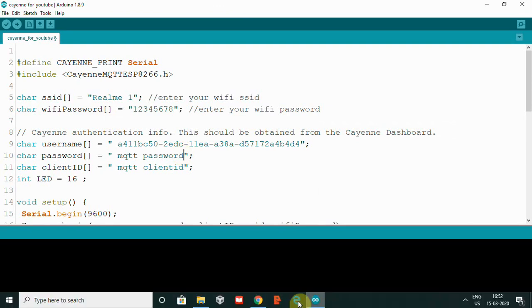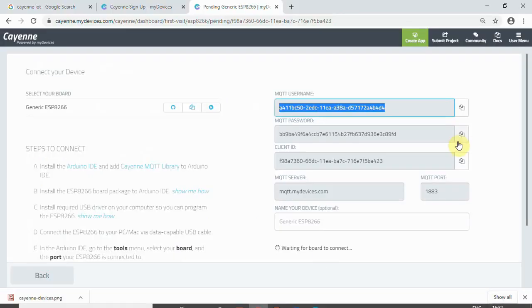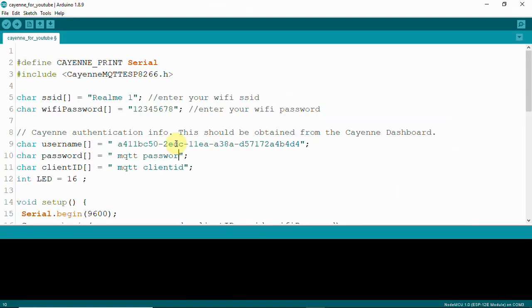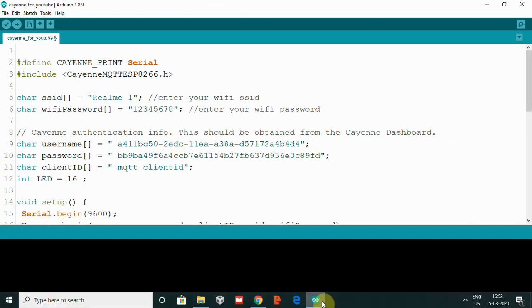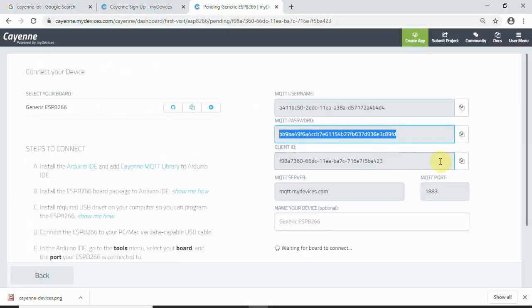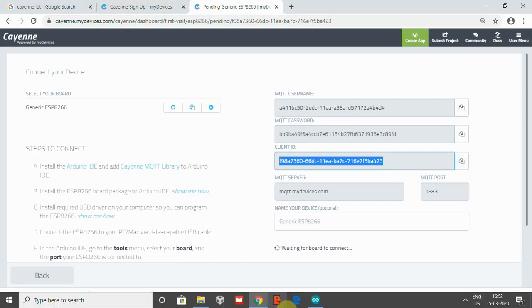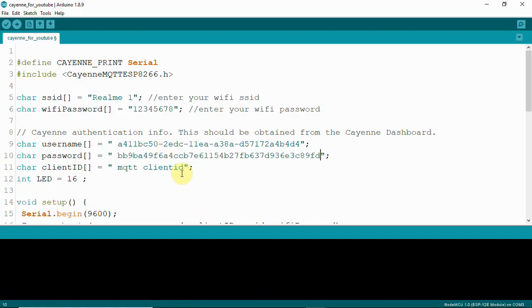Then again I'm going to copy the MQTT password and paste it. Each user will have a unique MQTT username, password and client ID. Then I paste the MQTT client ID.